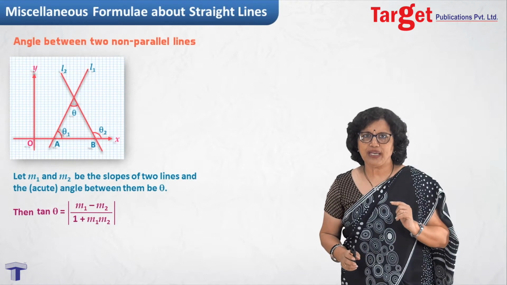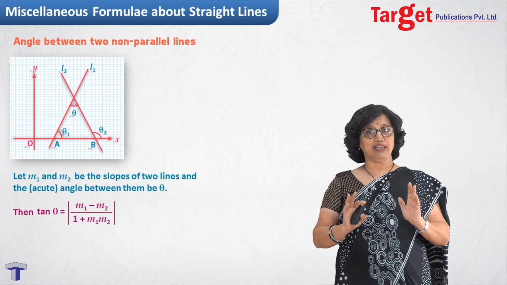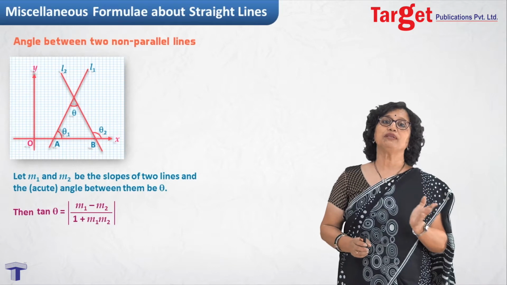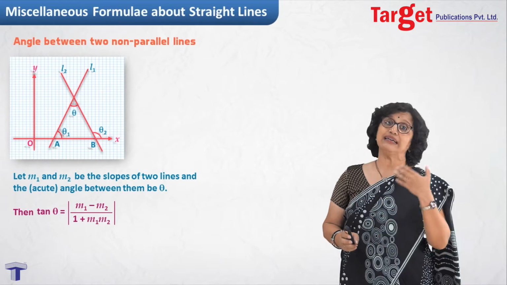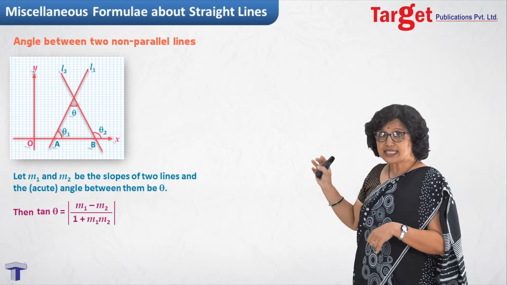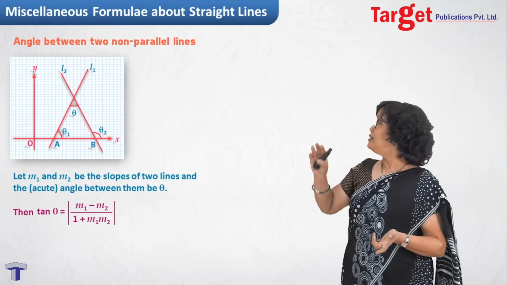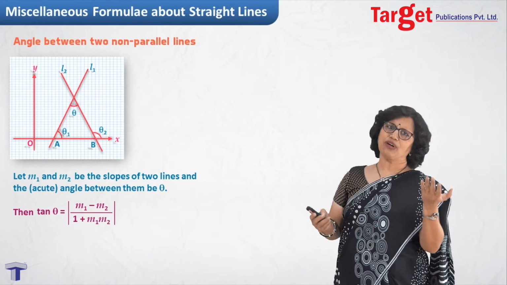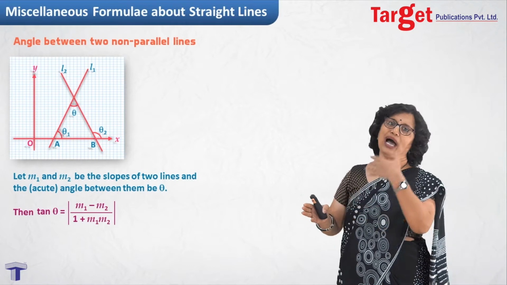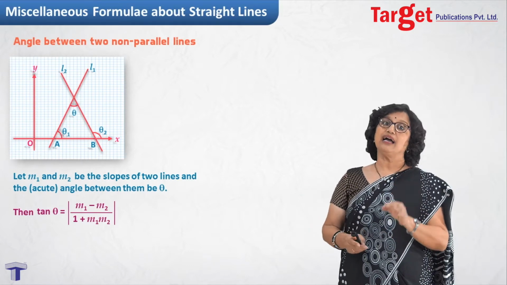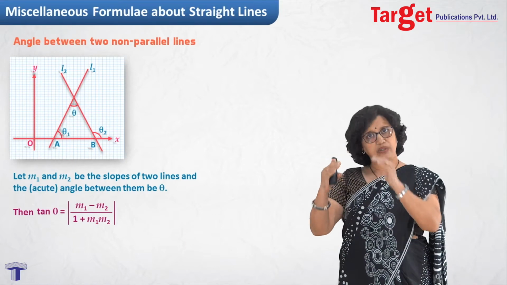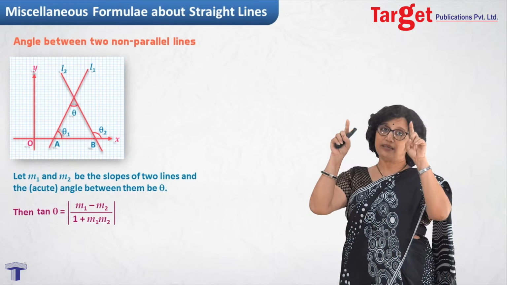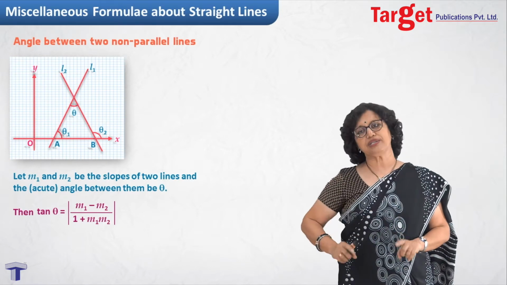And also, when you see that (m1 minus m2) upon (1 plus m1 m2), there are certain things which must have come to your mind. We have already seen this formula in trigonometry, not as m1 m2 but as tan theta 1 minus tan theta 2 upon 1 plus tan theta 1 tan theta 2. That was tan of (theta 1 minus theta 2). So realize this, that theta you can always write as theta 2 minus theta 1, at least in this given picture. If names were interchanged, then perhaps you would have got theta 1 minus theta 2 as theta, and then tan theta as tan of (theta 1 minus theta 2). Had you simplified, you would have got the same as (m1 minus m2) upon (1 plus m1 m2). But I am taking care by writing the absolute value notation.